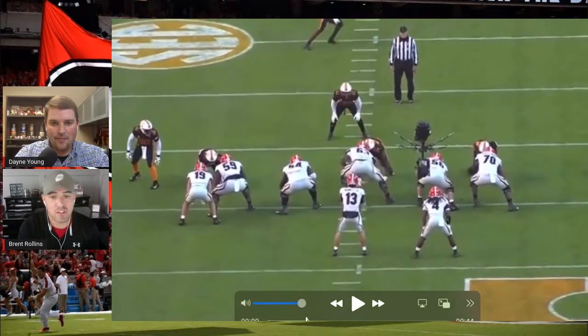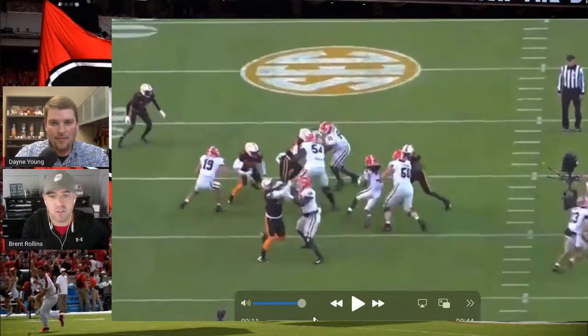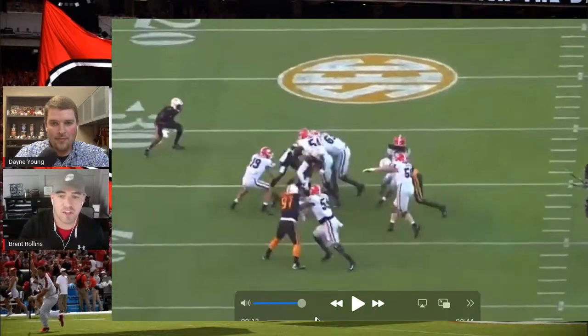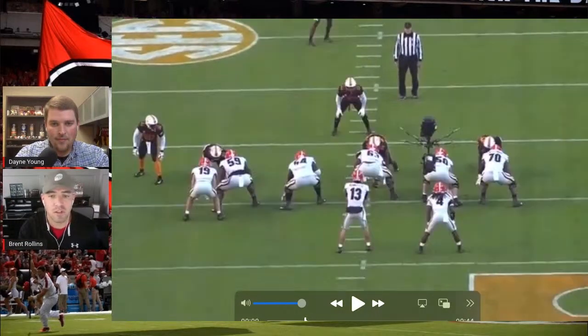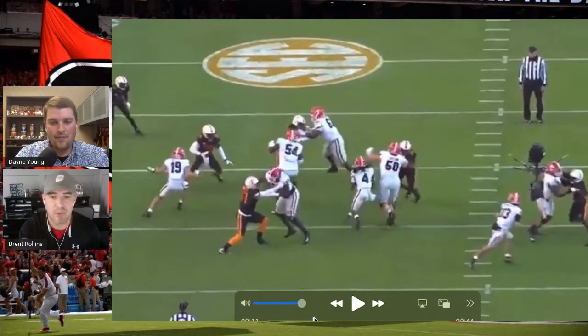Yes, and if you run it back to the beginning, Warren Erickson actually does a really good job here, because all these guys are working for the most part on a track. They're stepping left with their first step and then moving on that track. McClendon's guy stays out, so he keeps that edge. But Erickson and Van Pran are the key block, because if you pause it right at the snap,